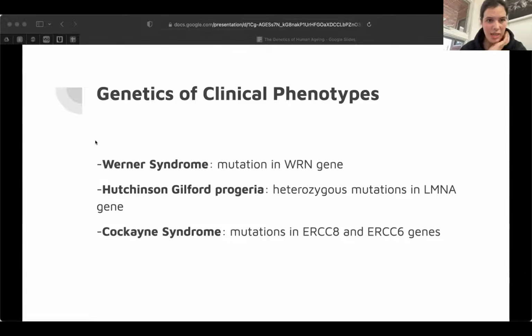Okay, and then we have Hutchinson-Gilford progeria, which is a heterozygous mutation in the LMNA gene. More than 90% of Hutchinson-Gilford progeria cases are caused by de novo heterozygous mutations. However, some others involve point mutations to exon 11 of the LMNA gene, which can disrupt production of progerin, a protein that influences fragility of the nuclear envelope. And that breakdown can obviously have dramatic influences on the lifespan. It ranges with the different type of mutation and its expression levels, but this can obviously be life-threatening to a lot of children that have this disease.